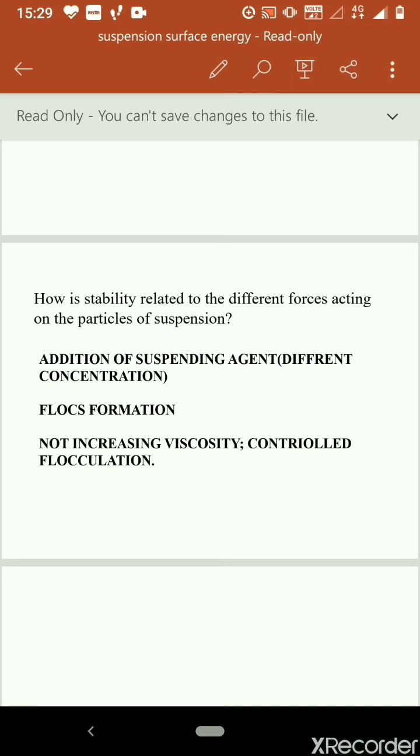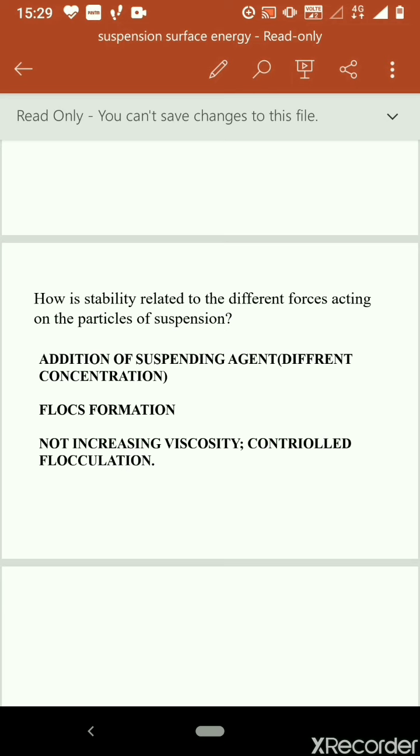The stability of suspension is mostly dependent upon Stokes' law, in which it is clear that the particle size should be as small as possible so that the rate of settling is less. But when suspensions are produced in large quantity, it must be kept in mind that aggregation of small particles must not occur, and this is very important in the case of injectable suspension.